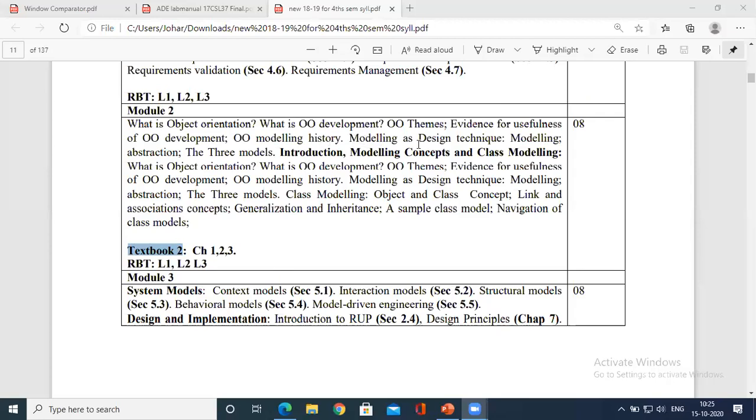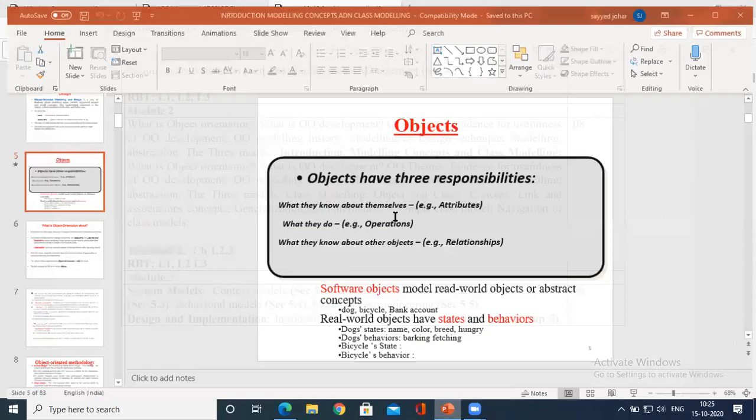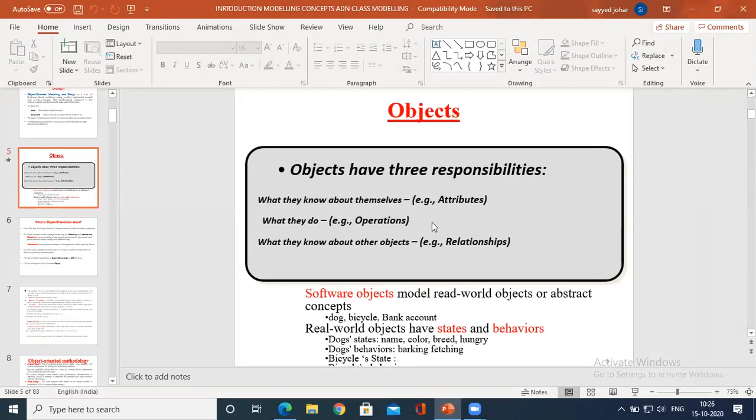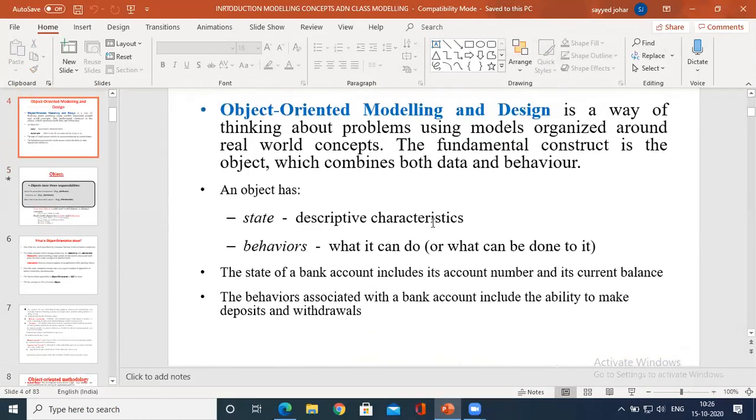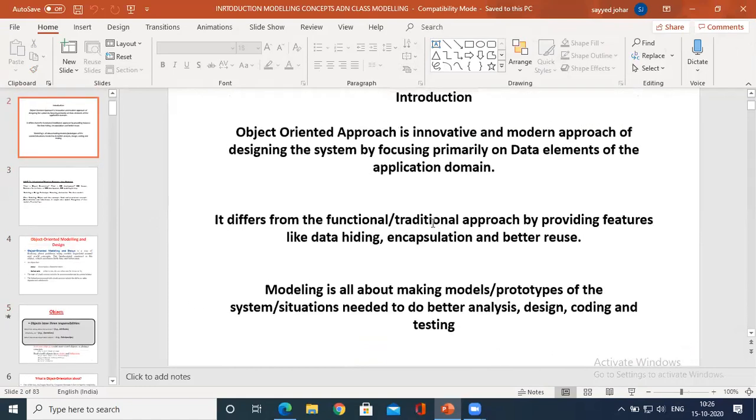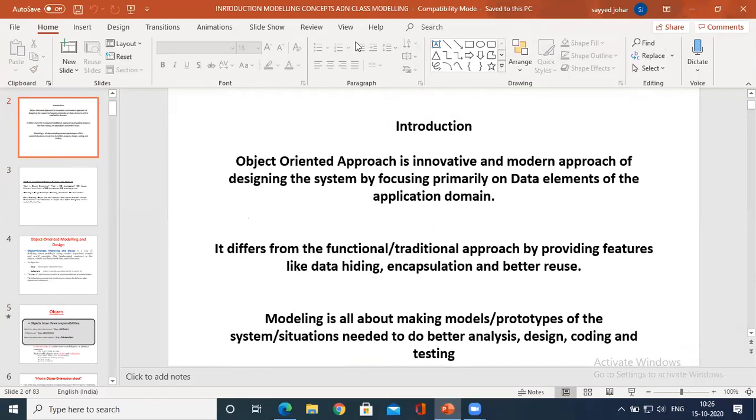And continuing with that, modeling as a design technique. Let me brief up here. We started with the object-oriented approach.